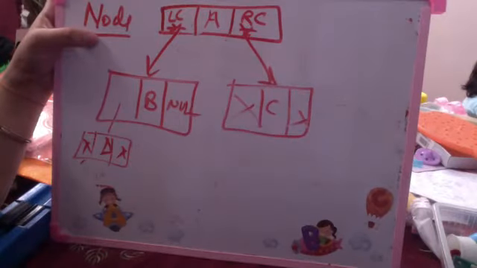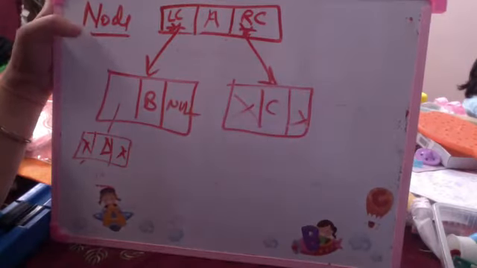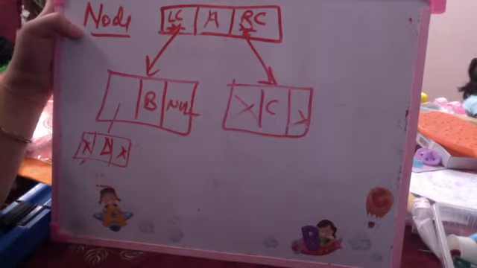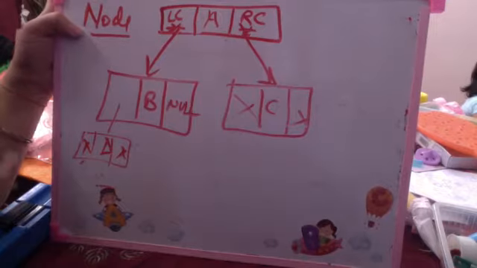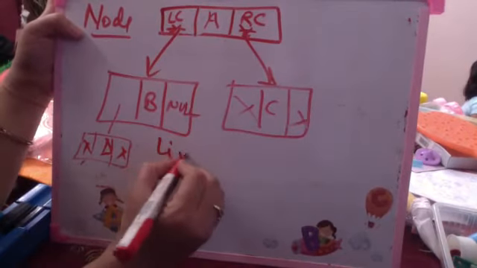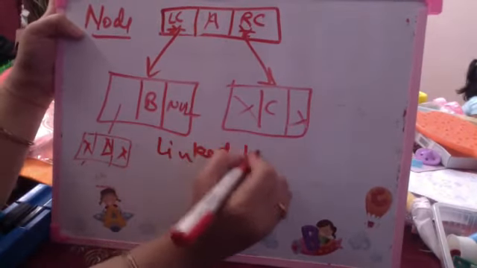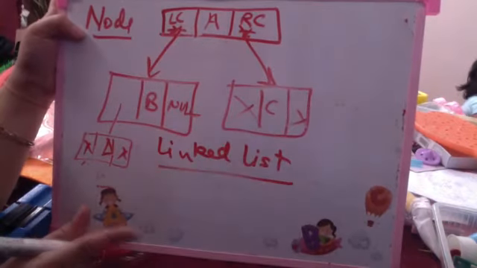Deleting a node, adding a node is very simple in this representation. Array representation is easier in case you have the complete tree. In case you have some application in which the tree may or may not be complete, or you do not know how many nodes exactly you want in the tree, then you go for this linked list representation of binary trees. The linked list representation is clear.